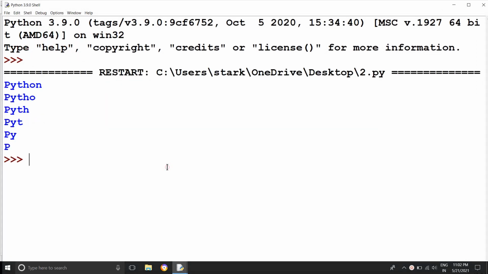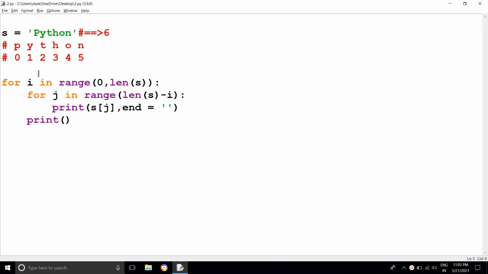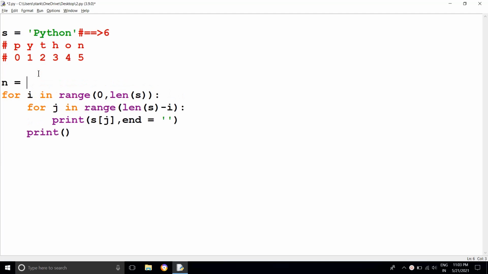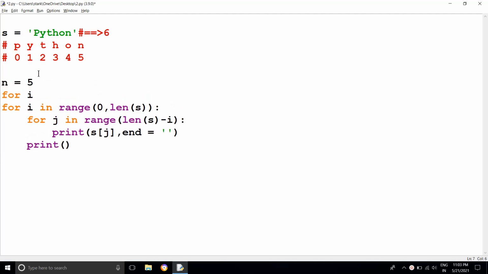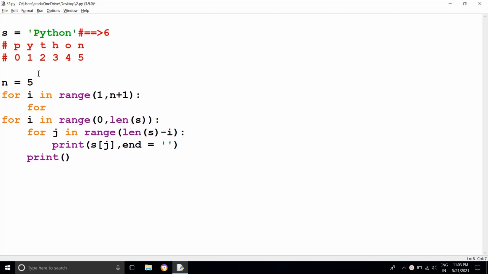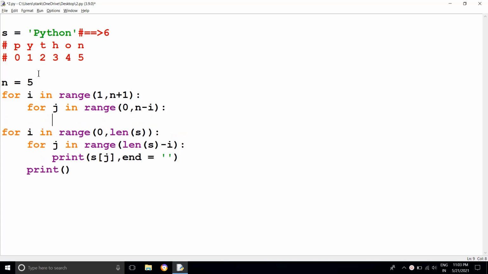But the thing is, you need to know how to print the stars. For example, if you take n is equal to 5, then for i in range of 1 comma n plus 1, and then for j in range of 0 to n minus i, and then print the star here.